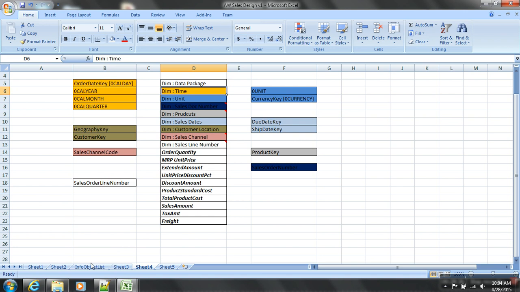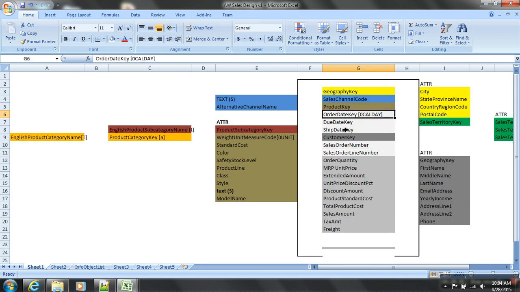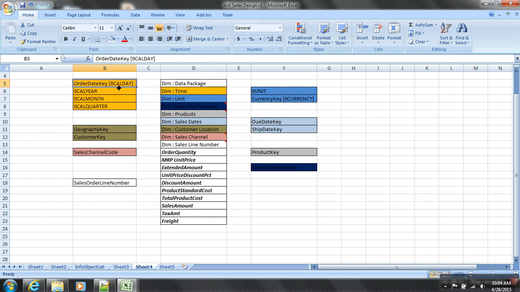Now, what we decided is, we have 3 dates: order date, due date, ship date. Out of these 3, for one date I can use 0CALDAY. For the others I'll have to create my own date characteristics, right? So for order date I wanted cal day, so I'm using cal day in this. In the reporting analysis, they would like to do month-wise, year-wise, quarter-wise. So I've taken cal day, cal year, month, quarter. I know my source is not giving me year and all, it is giving me only the date. I will derive it. But in my cube, all the time characteristics are assigned to the time dimension. Don't worry about units. If there are any unit characteristics, they get assigned to the unit dimension. That's also default. Don't worry about it.